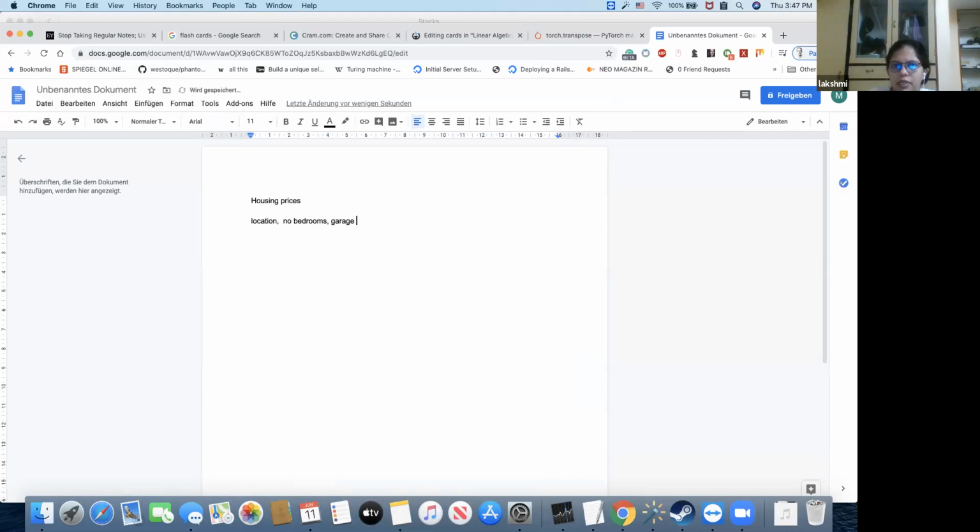Okay, 3 rows. Suppose 3 is the location number. We are giving street number 3. Number of bedrooms is